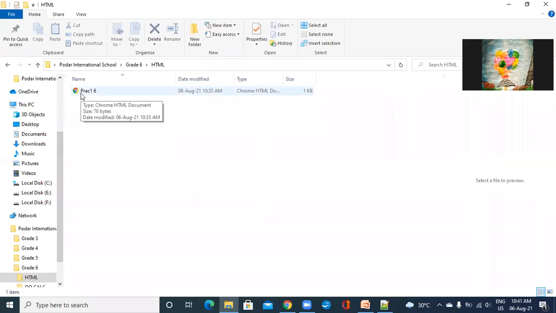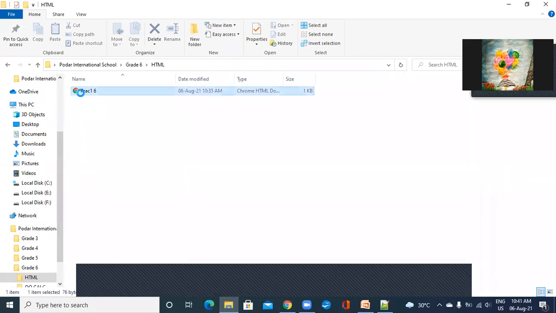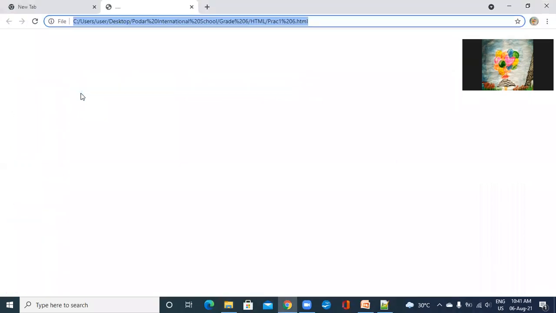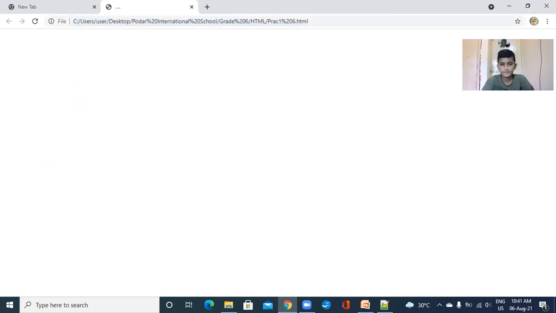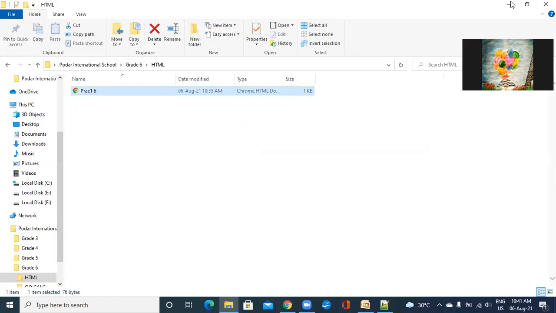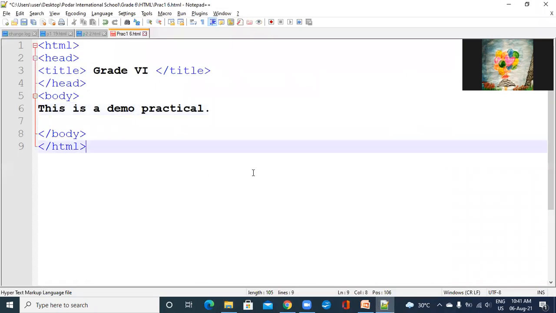It will show the browser symbol. You can see, I am going to open it. Okay, I had not pressed Control plus S. Now it's saved. Whenever we save, the file changes to blue color.